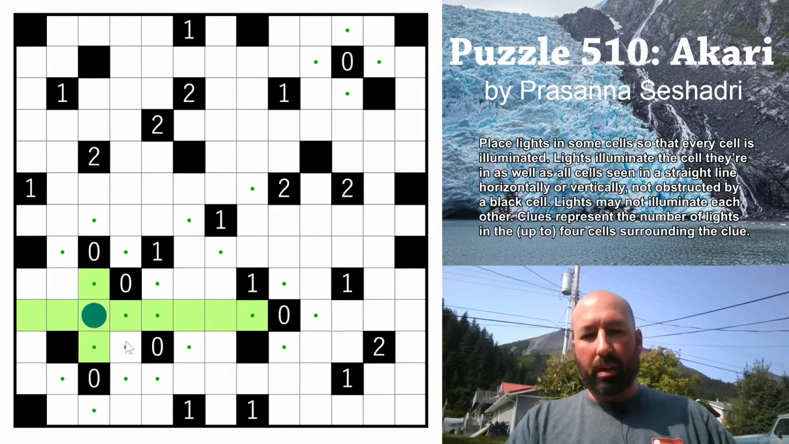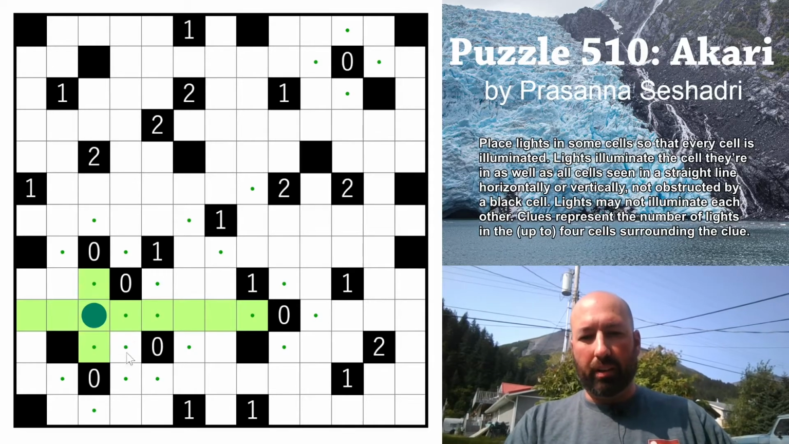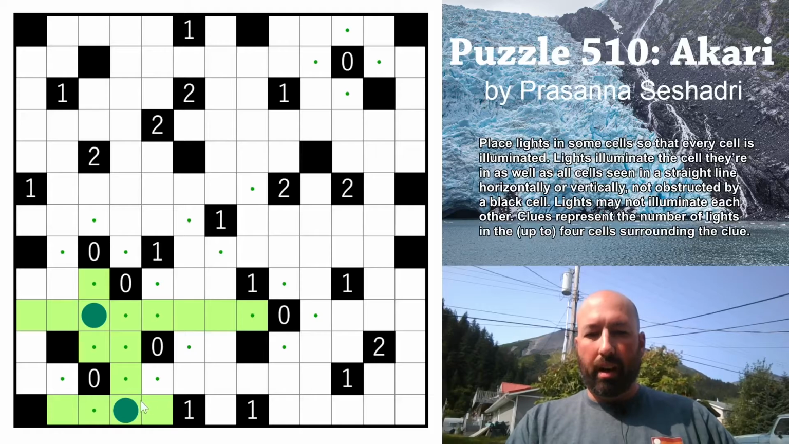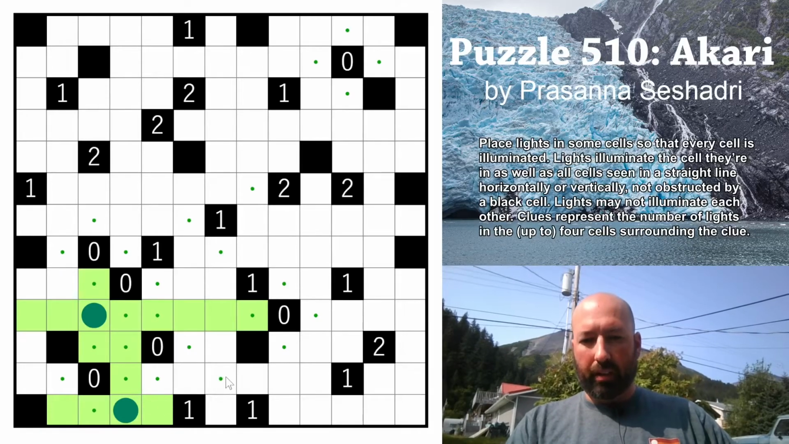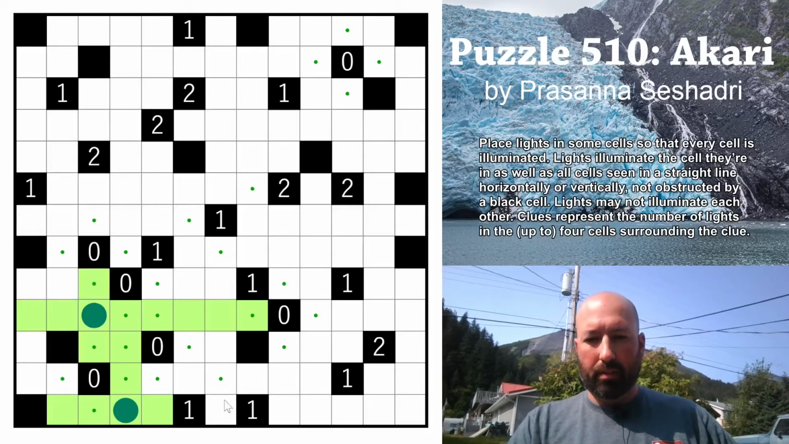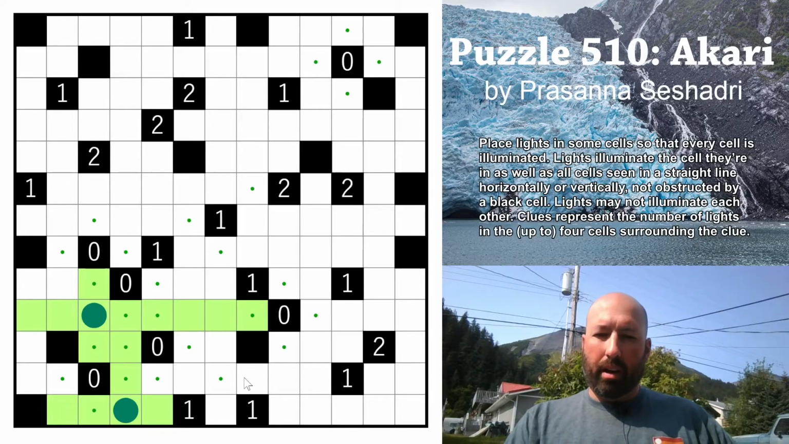Oh, but we can do the same thing with this cell right here. How can we light that cell? The only option is right there. And that does limit our 1 right here, so that gives us another dot there. And now